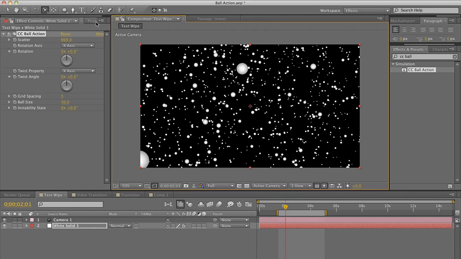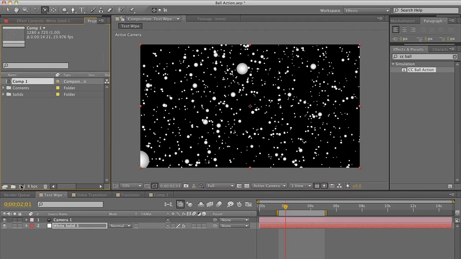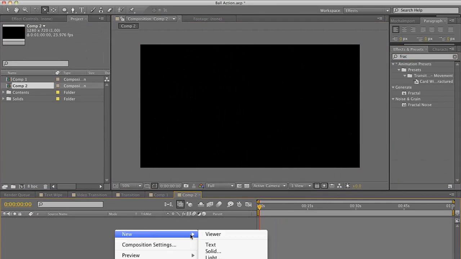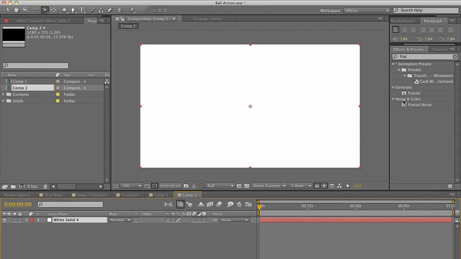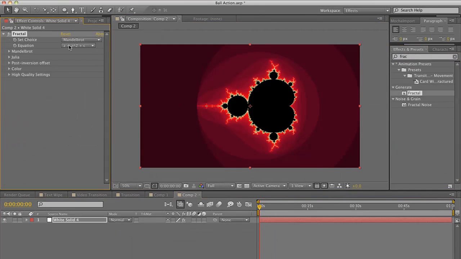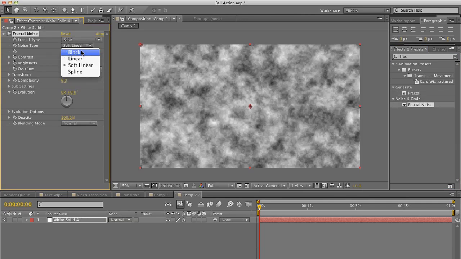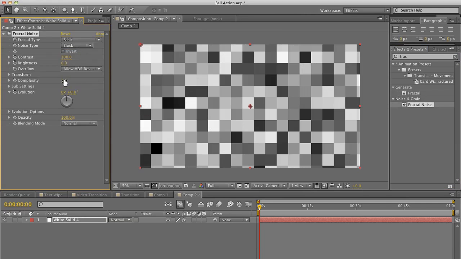One more thing that I did find on an old tutorial from back in the day, but I'll just kind of adapt it and make my own version here, is let's go ahead and create a new solid. One cool thing is if I apply a fractal noise to a new solid, I can set the noise type to block, change the complexity down to 1, and then I have this nice checkerboard black and white effect here. So at this point, if I apply Colorama,